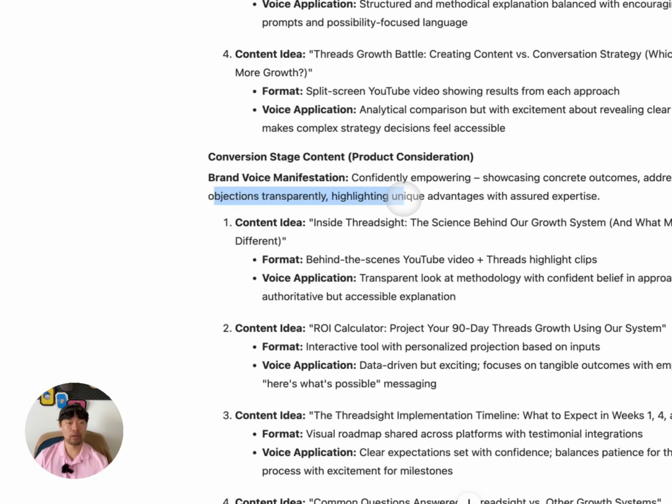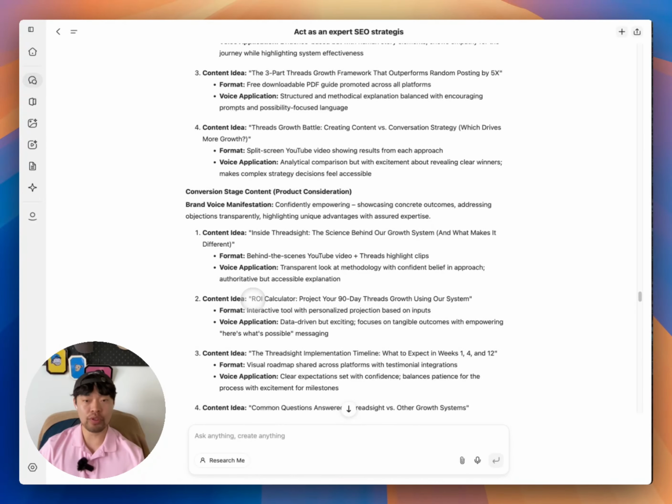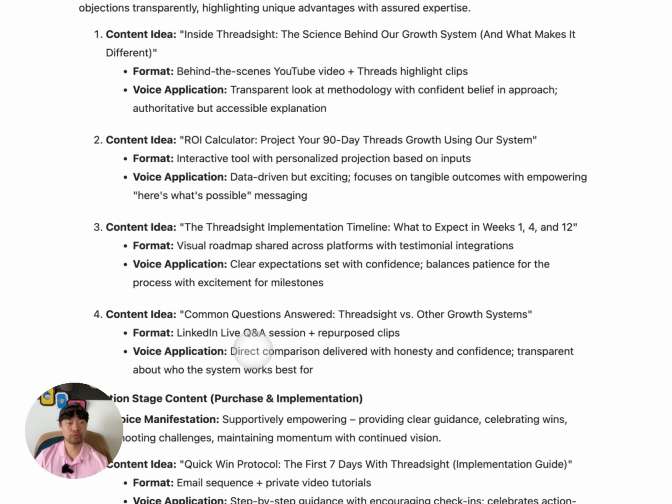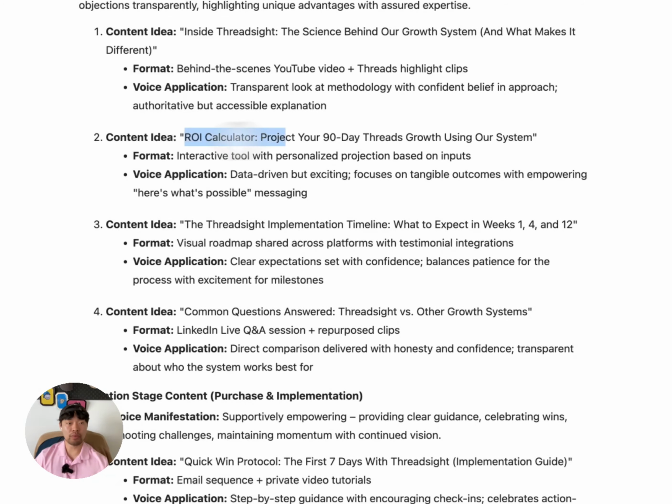And brand voice here, convergent way, why we're important and why we can help you save your time, energy, money, and an ROI calculator too. So I love this one especially.